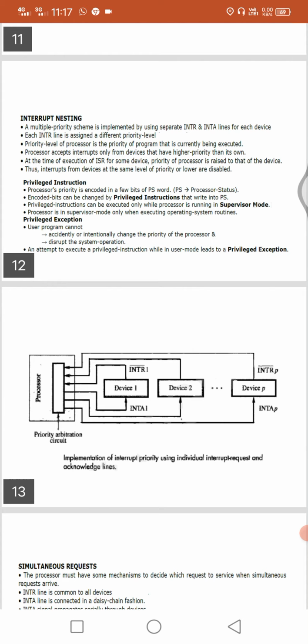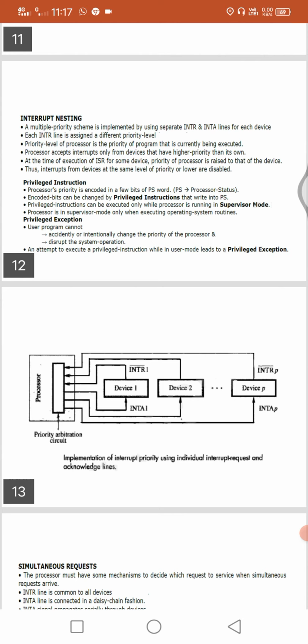That means these privileged instructions are executed while starting the operating system. In that position the processor is in supervisor mode, and it executes the privileged instructions while executing the operating system routines.